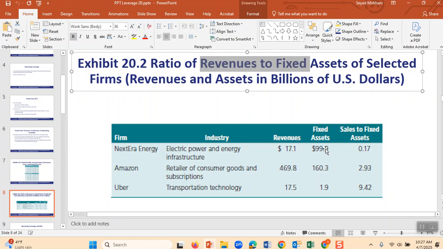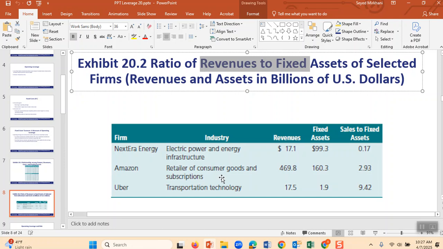That means $20 and $100 fixed asset, which means it takes 5 years for the company to get revenues to pay off its fixed asset, because fixed assets are 100, revenues are 20, 20 times 5 is 100. Therefore, that's a sales to fixed asset. That means that every year here 0.17, or think about 20%, their sales only cover 20% of its assets every year. Let's look at Amazon.